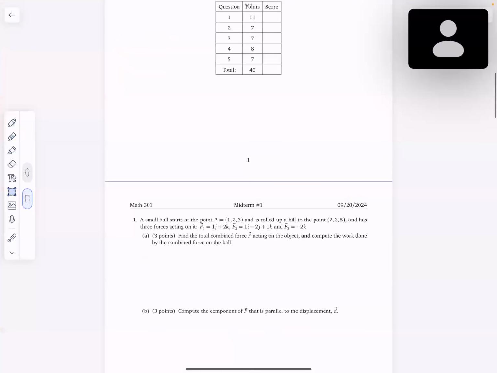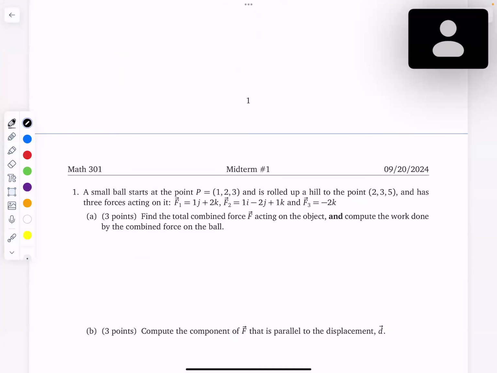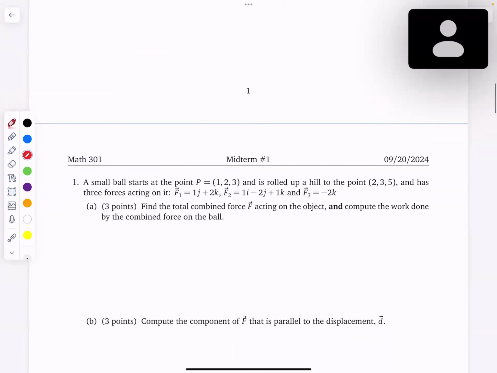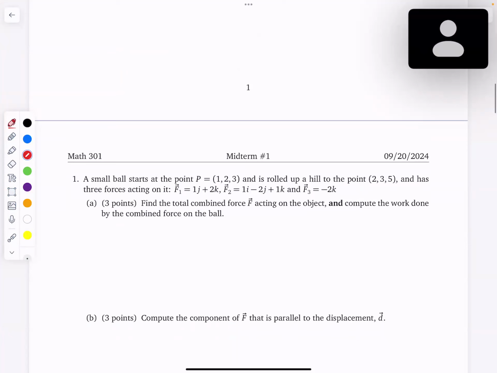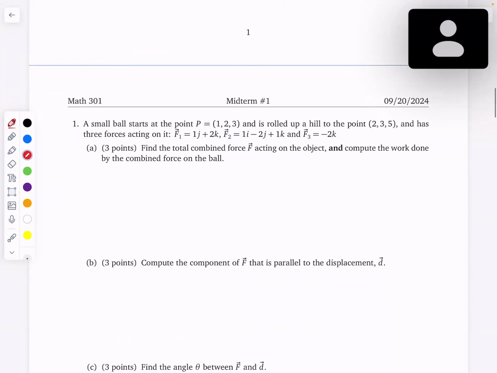Hello, Math 301. I'm going to make a quick video going over the old midterm from last semester and talking about how to answer it. And maybe at the end, I'll talk a little bit about some things that aren't on here that you should know. Anyways, this first one starts with a small ball at a point and is rolled up a hill